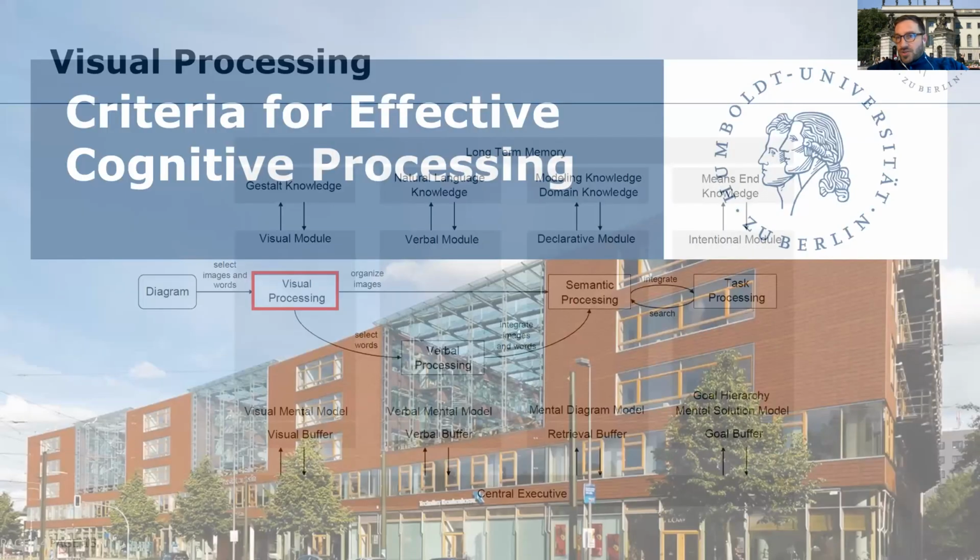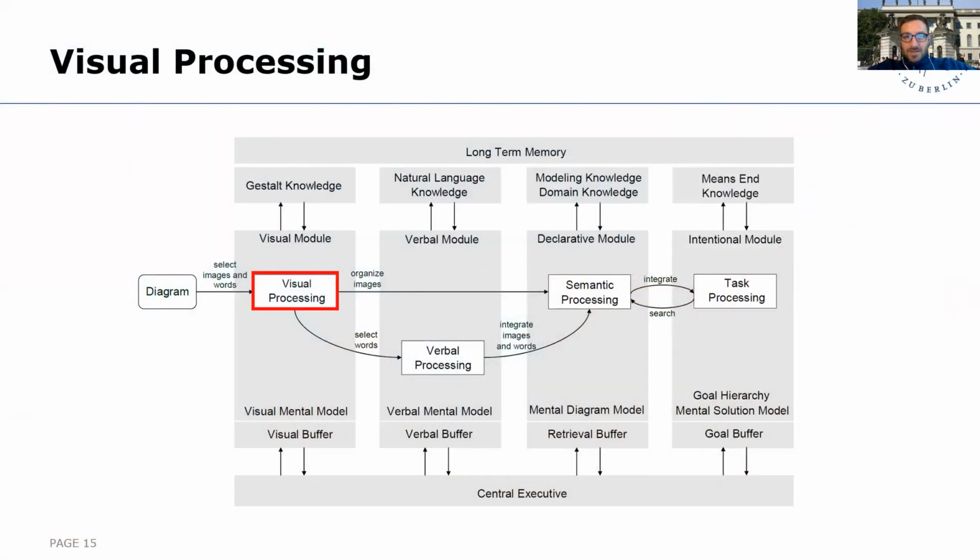So I want to illustrate this a little bit with a few examples. The list of criteria that we identified in our literature study is extensive. It's 220 different criteria that we have identified only in these 4 categories of these 4 cognitive processing steps. We abstracted them into 22 categories. And I want to emphasize a few of these categories and criteria that are associated with these categories with the